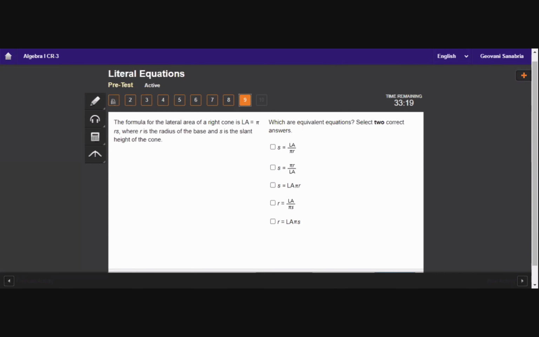So that cancels that out, and S is already by itself. S equals LA over